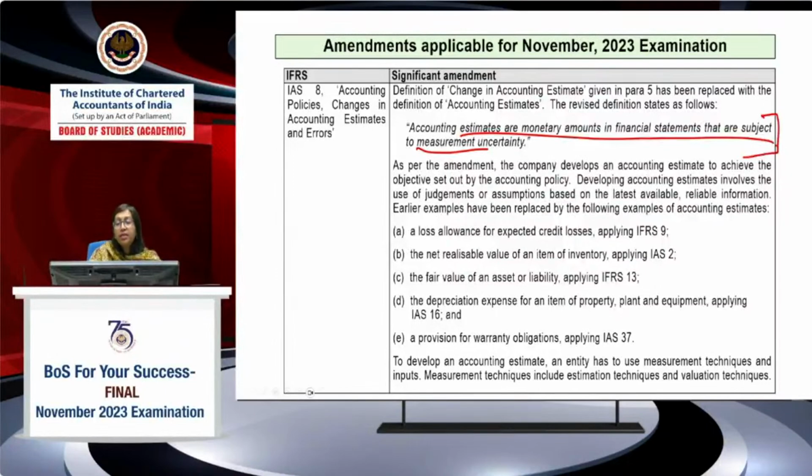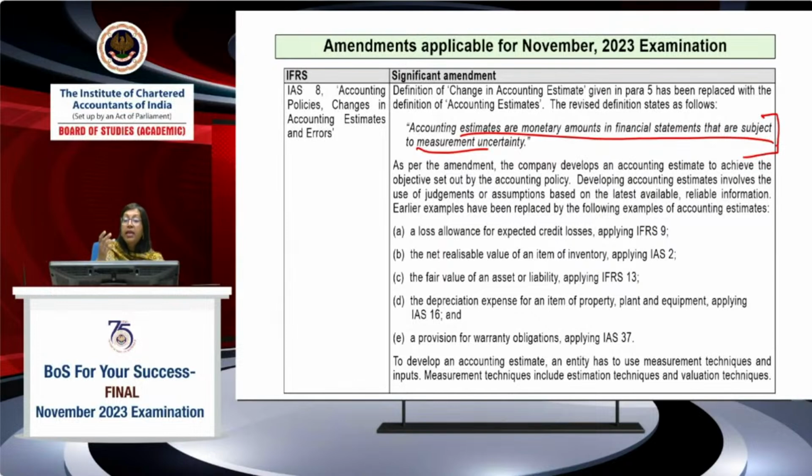So accounting estimates are monetary amounts in financial statements that are subject to measurement uncertainty. As per the amendment, the company develops an accounting estimate to achieve the objectives set out by the accounting policy. Developing accounting estimates involves use of judgments or assumptions. Whatever estimate, judgments or assumptions you have taken to arrive at a particular accounting estimate, that also needs to be